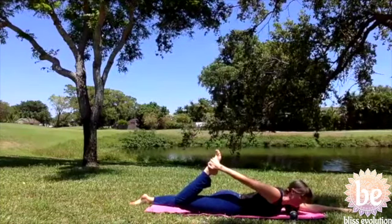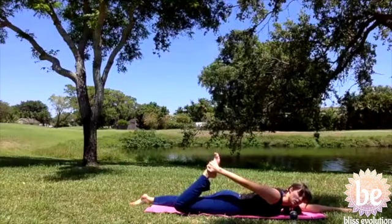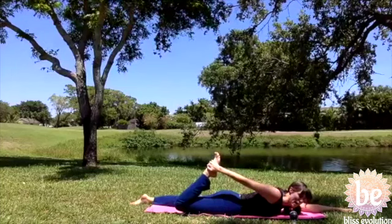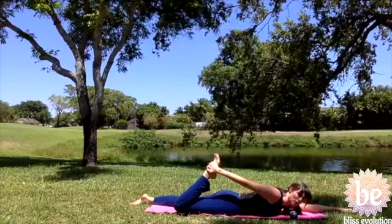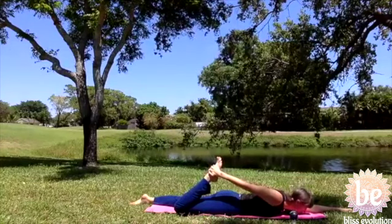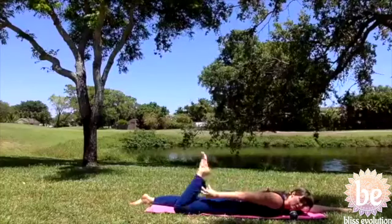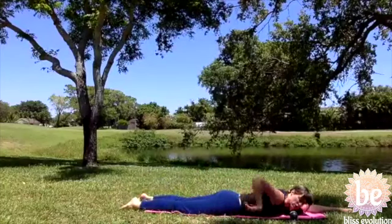So if you can lift the knee, go ahead, lift it up, inhale and exhale here. If you can't, just work towards lifting that knee. Imagine tightening those muscles along the spine. Nice job. We're going to drop the knee, drop the foot, stretch the right arm forward,